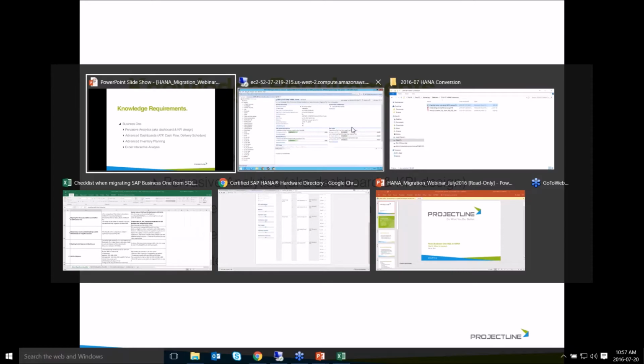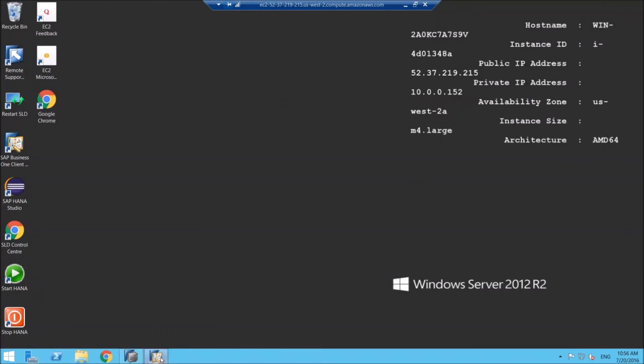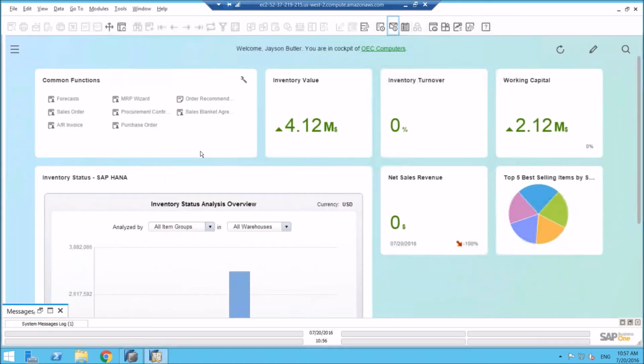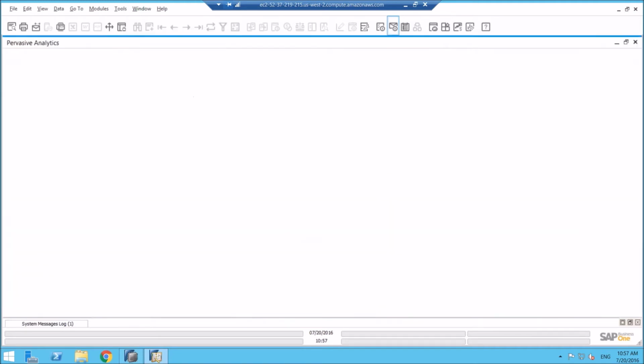Okay, we're going to quickly switch over to HANA. I just want to highlight those things that we said. So if you look at a dashboard for HANA, you'll often notice in HANA demos there's quite a fair more number of KPIs and things, and there's a lot more of them that come out of the box with HANA, but these are also extremely easy to build, and there's an area of HANA here called Pervasive Analytics,